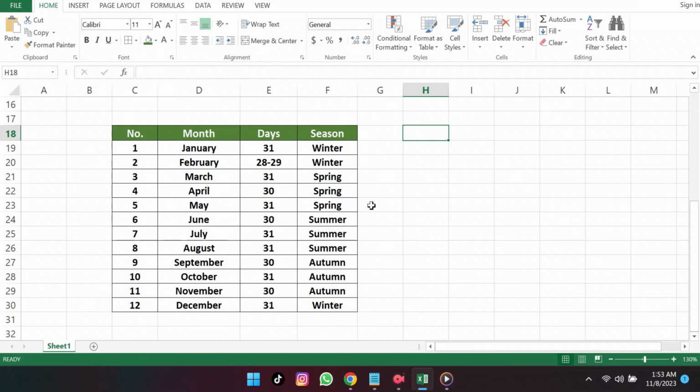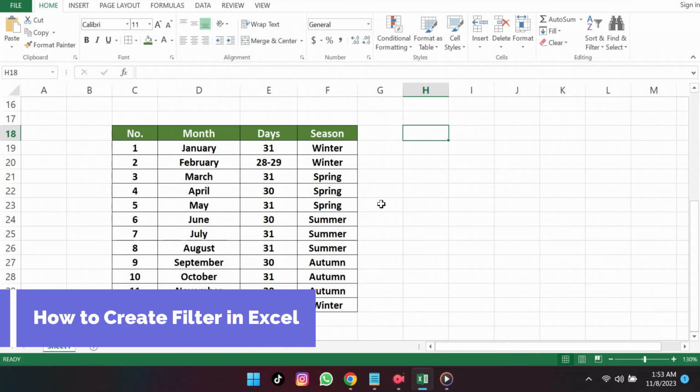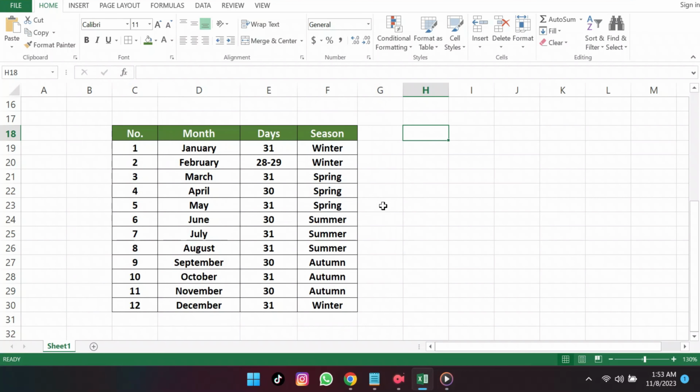Hey guys, welcome back. In this video, I'm going to show you how to create a filter in Excel. By the end of this tutorial, you'll be proficient in isolating specific data within a table effectively. Let's get started. To grasp how to set up a filter in Excel, we'll use this sample table as our